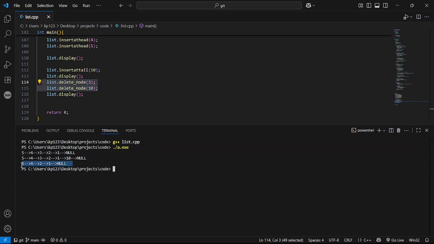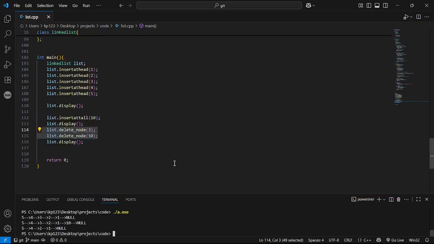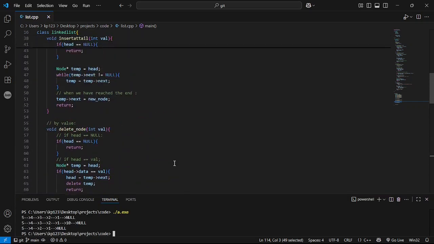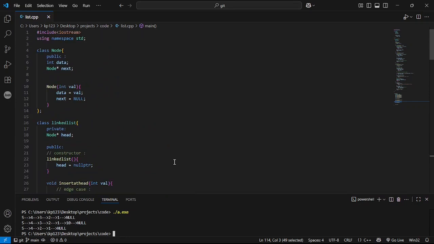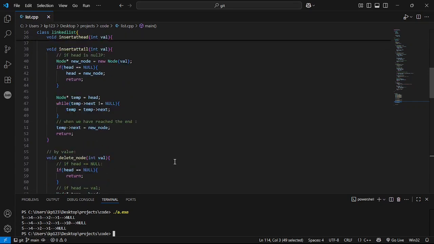And as you can see in the list, particularly at the very last line, 3 and 10 are not there in the list. So this is all guys for today's implementation. I hope you like it, and I hope you understood whatever I was doing. So thank you guys.